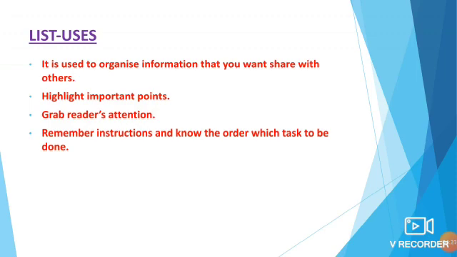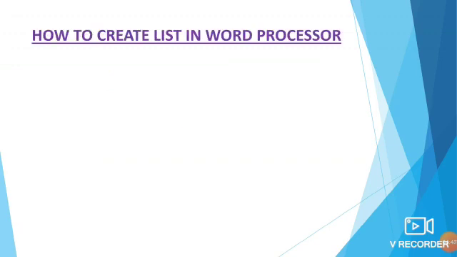What you will do is note it down and stick it on your fridge or some other place, and you will be able to keep it in mind by seeing it. So in that way the list will be used. You will also use it like the checklist which I have told before. If you finish one item, you can make a tick, you can check it. These are the uses of a list.